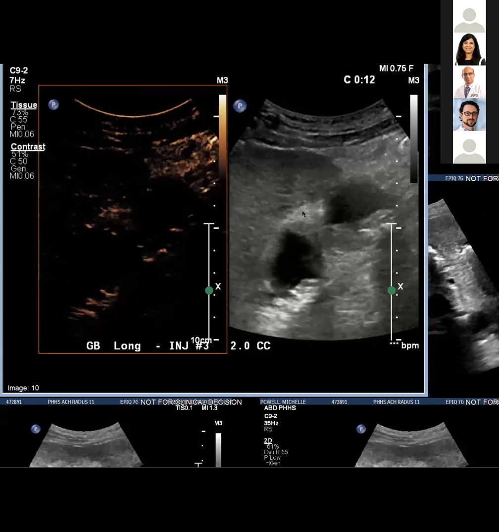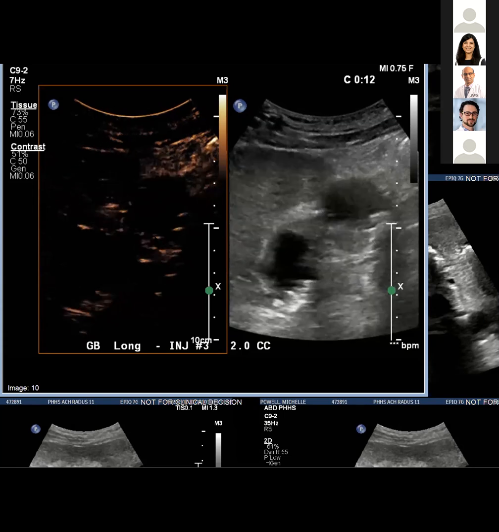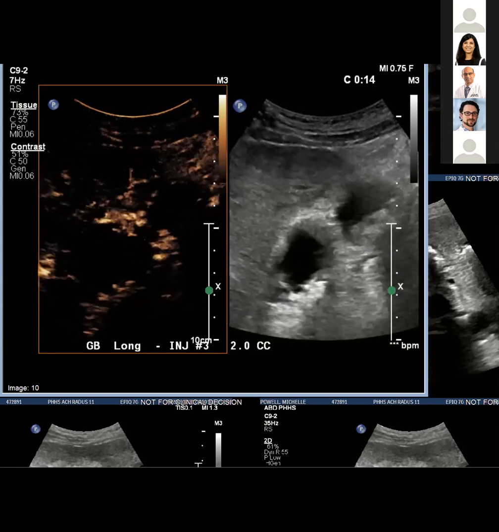All right, so this is a long image of the liver here. This is the gallbladder, and it's, again, flopped over. So what's in the middle here is kind of that collar. But what my colleague is focusing on is this area here, which is that soft tissue in the inferior aspect of that gallbladder fundus. So keep your eye here on the contrast mode image as we scroll, and you start to see